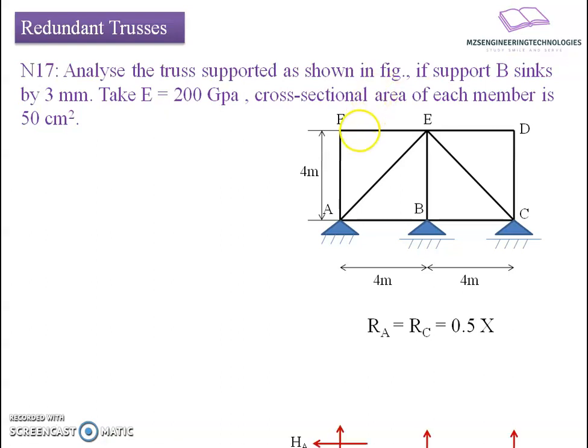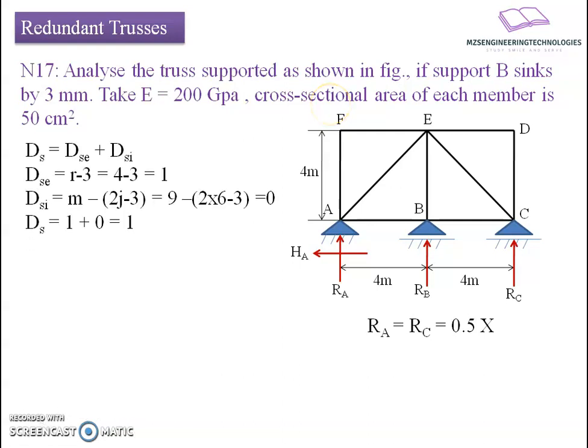As per our consideration, we will first consider the geometric constraints of this one, and we will find out whether the structure is determinate or indeterminate. We know that the degree of static indeterminacy is composed of two parts, external indeterminacy and internal indeterminacy. So in case of yielding of support, most of the things will depend on the sinking of the support, which means external indeterminacy will be the focus here, irrespective of the internal compatibility of the member forces.